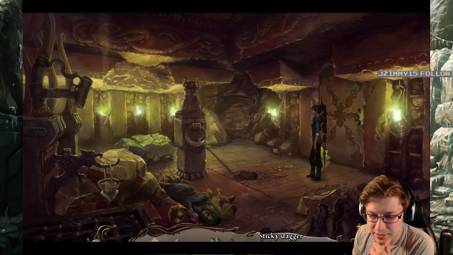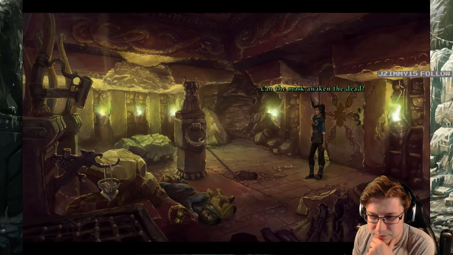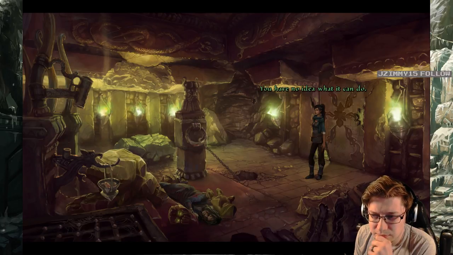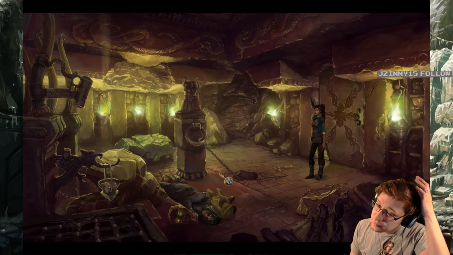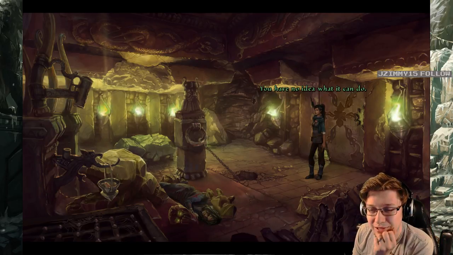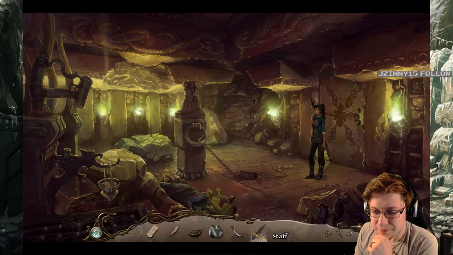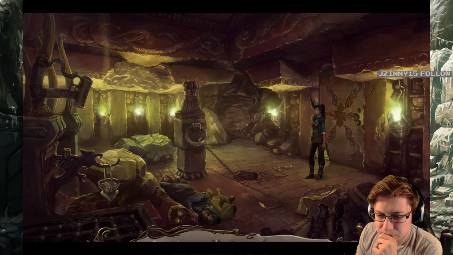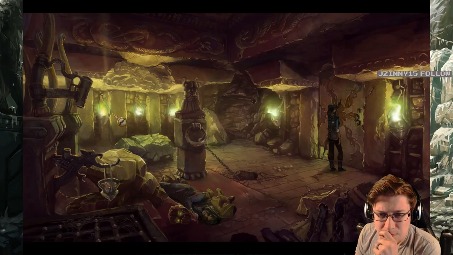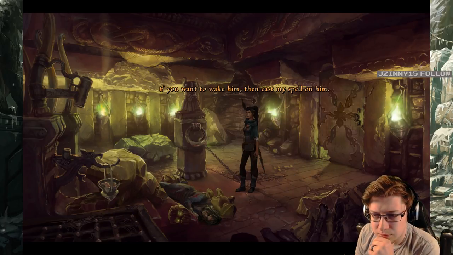Let's try using the mask on this guy. Can the mask awaken the dead? My dear, the mask and I know each other well, but that well? You have no idea what it can do. No. Well, I don't know what it can do, so why not try? I'm always at your service, mistress. That won't lead to any. Better not. If you want to wait...